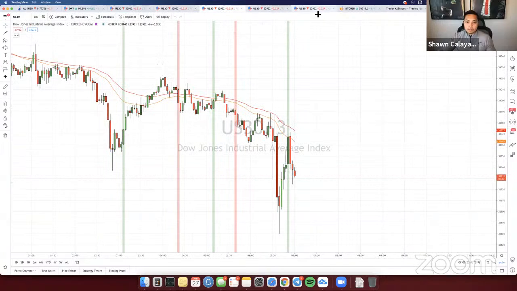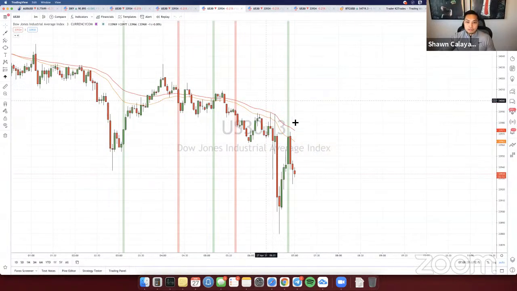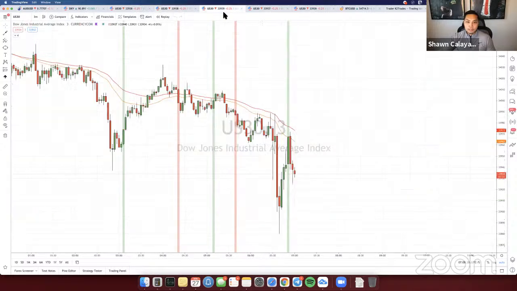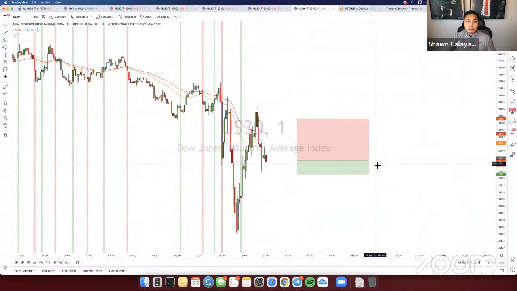I'm going to go on the 1 minute or 3 minute, and I'm going to enter on these here so I could catch the smaller moves. Because I'm not convinced yet that it's going to fully drop. You know, this might be a fake out. So I'm not going to enter this trade right here. I'm going to wait for it. If it pulls up on the 3 minute here, it's going to give me a better confirmation that it's going to drop. And then here on the 1 minute as well. I'd rather enter on the 1 minute, get in and out quickly, than watch on the 10 minute and then have to commit to such a big move.